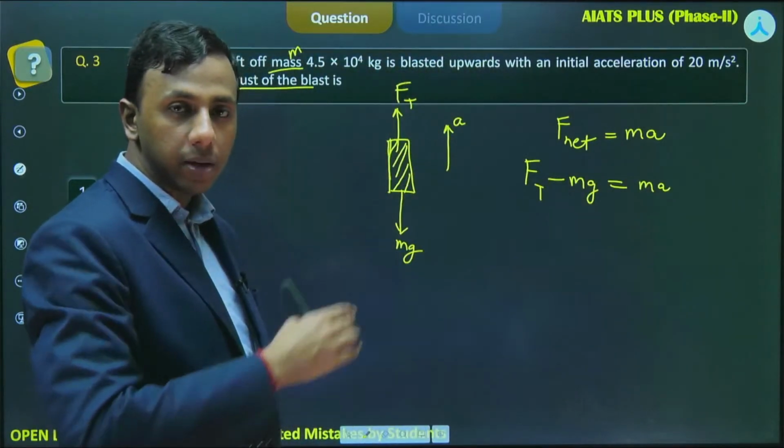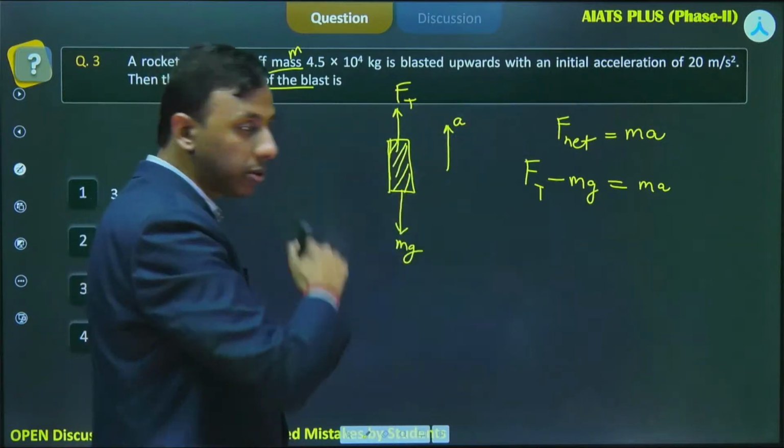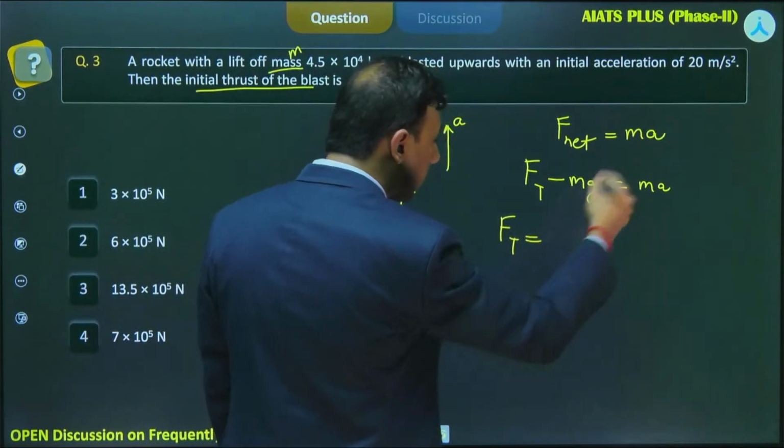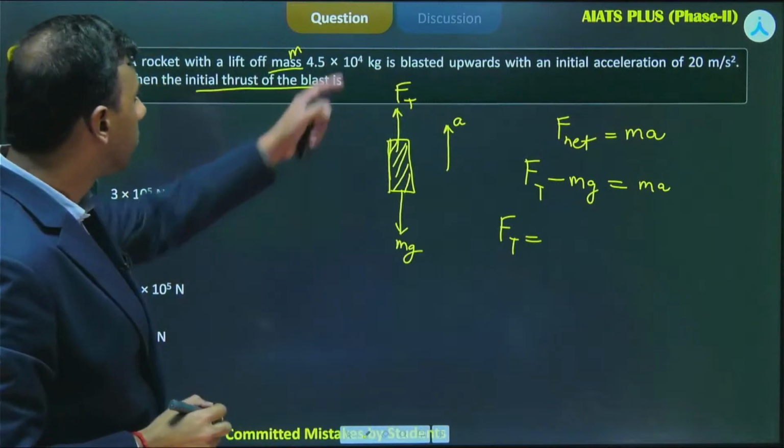And what would F thrust become? It becomes m into g plus a, right? You take it over there. So F thrust becomes m into g plus a. M is how much? 4.5